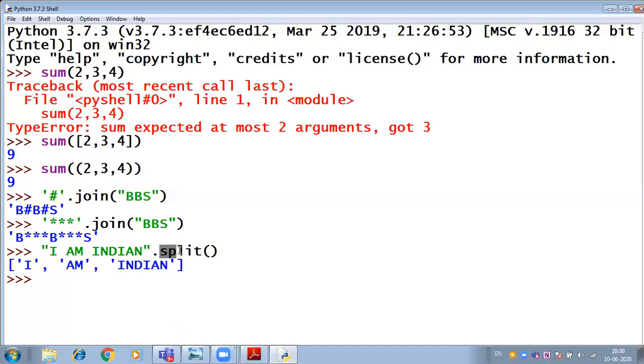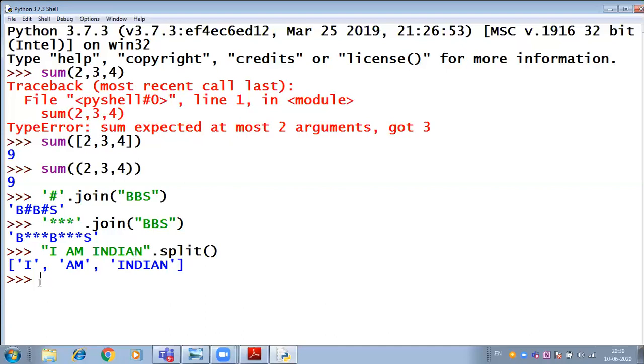In what way does this split function give you the result? It gives you the result in the form of a list. How do you identify that the result we are getting is in the form of a list? There's a simple identification for it. The identification is through these square brackets only, right?